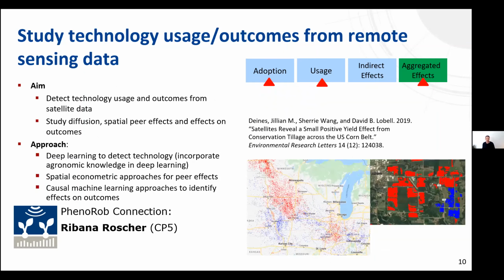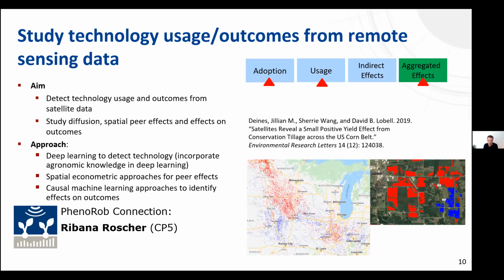The next two examples that I want to talk about are things that I'm working on, and that is the idea really to improve our existing data sources of technology usage. The idea is to use remote sensing data to detect technology usage as well as outcomes, and then use these data to study diffusion, spatial peer effects, again similar to what Anna is looking at, and also to study the effects of